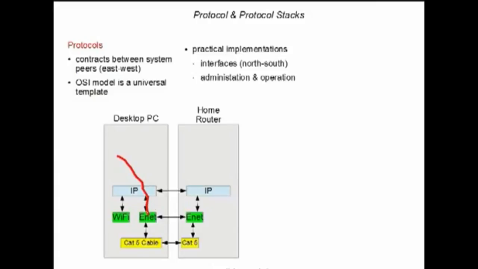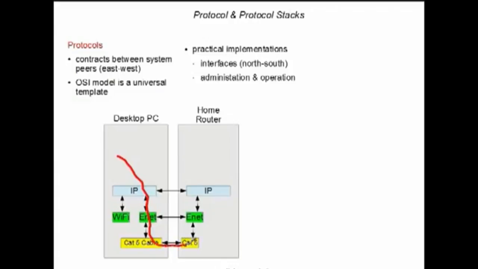Those data units are then passed to the Ethernet layer, and the protocol data units that are built by the IP layer are going to be somewhat different than the Ethernet frames. So a frame at the Ethernet layer is the logical equivalent of a protocol data unit at the IP layer. Once that information is passed to the Ethernet layer and it's broken into frames,